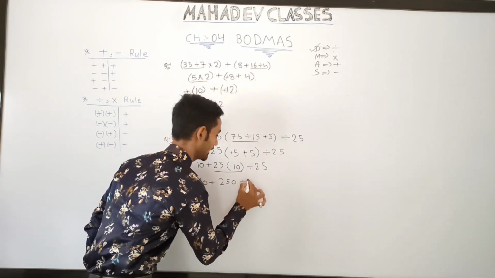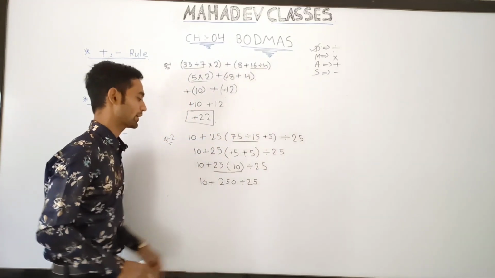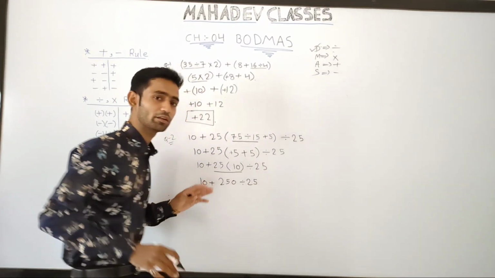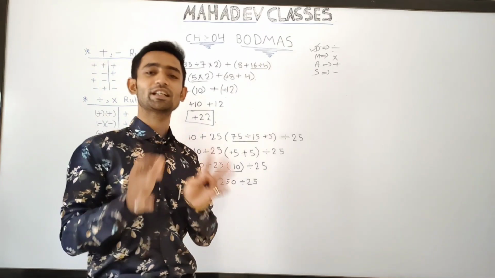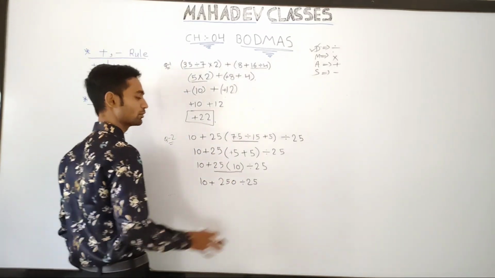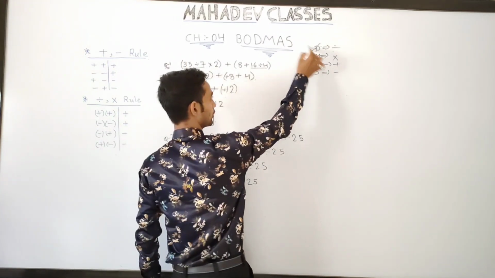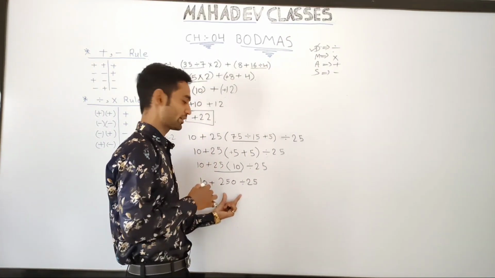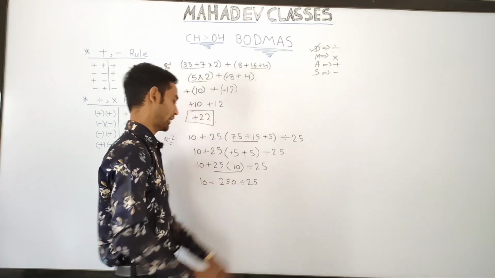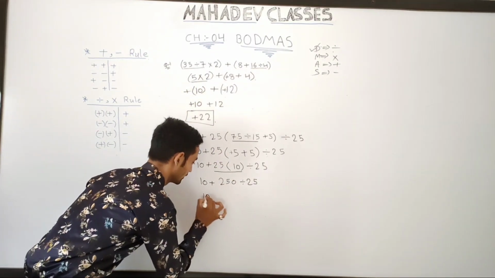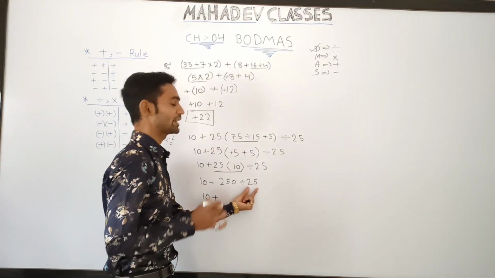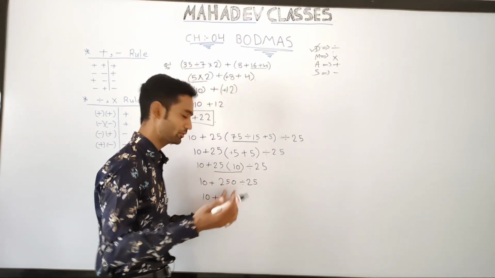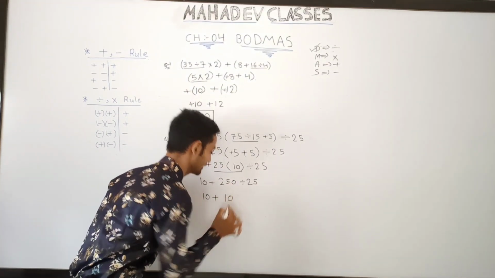Now divided by 25. Okay, now there will be no bracket, so we will simply follow the rule of D mass. And now first of all we will go for that D symbol, which is division. See, you can see that the division symbol is between 250 and 25. You all know that 25 tens are 250, so simply we will write here 10.